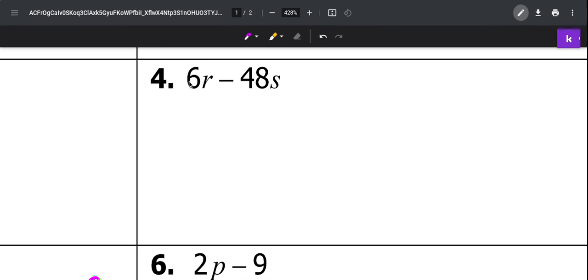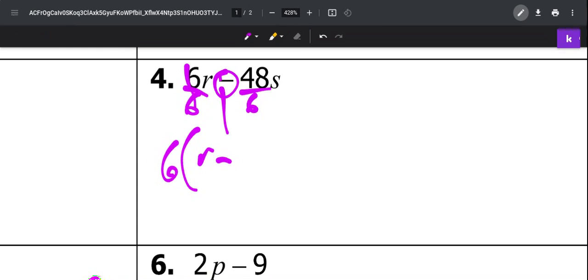So for now, though, you can just know R and S aren't the same, so those can't both factor out. They just have to stay put. So 6 and 48, we want to find the biggest common factor, which would be 6. So we would divide both of these by 6. 6 goes on the outside, which means we're left with R minus, because that minus sign would just come down,